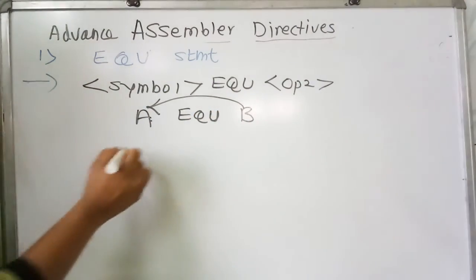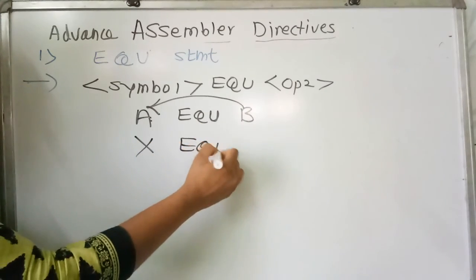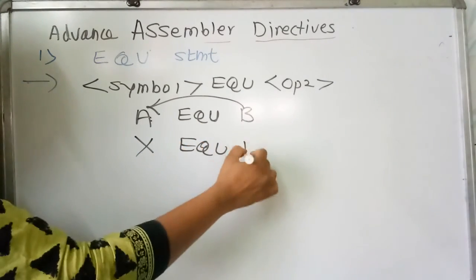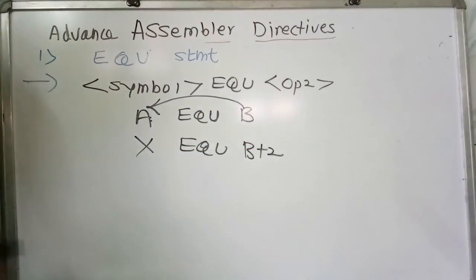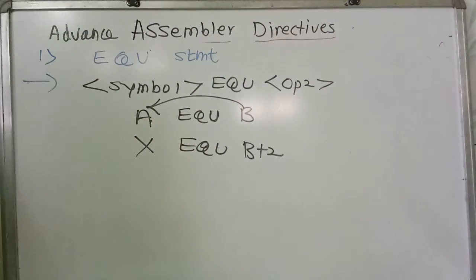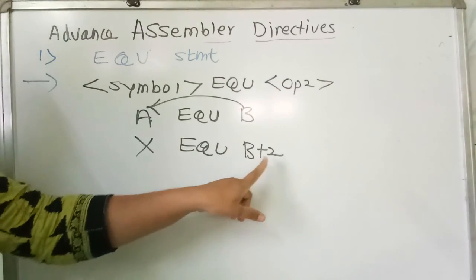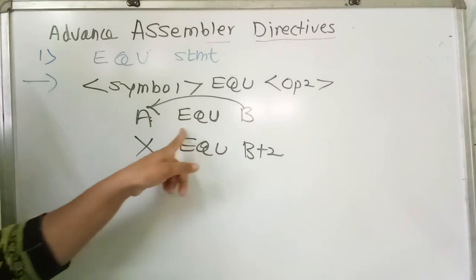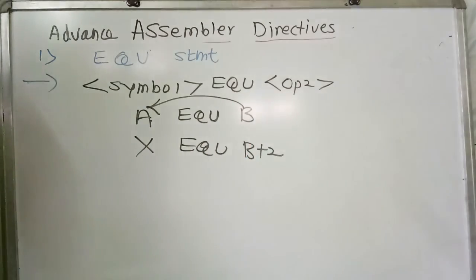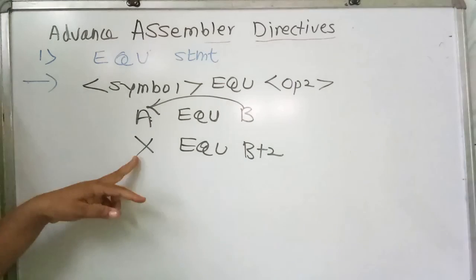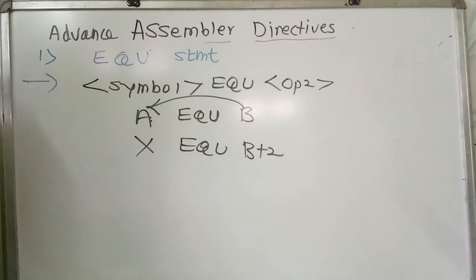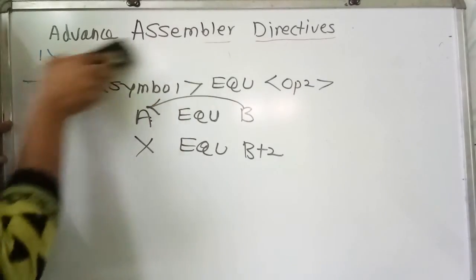For example, X EQU B plus 2. What does this actually perform? It performs the addition of the address of B and 2, and this is saved in X in the symbol table. So this is all about the equal to or equate statement. Now next